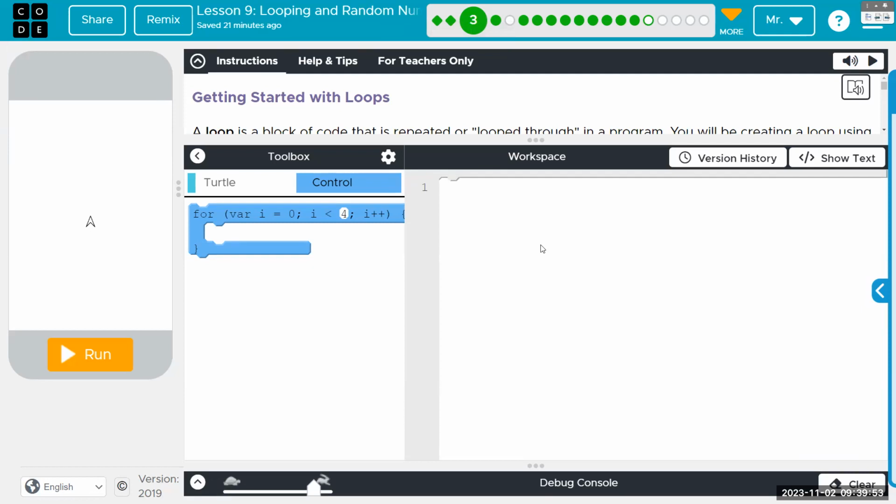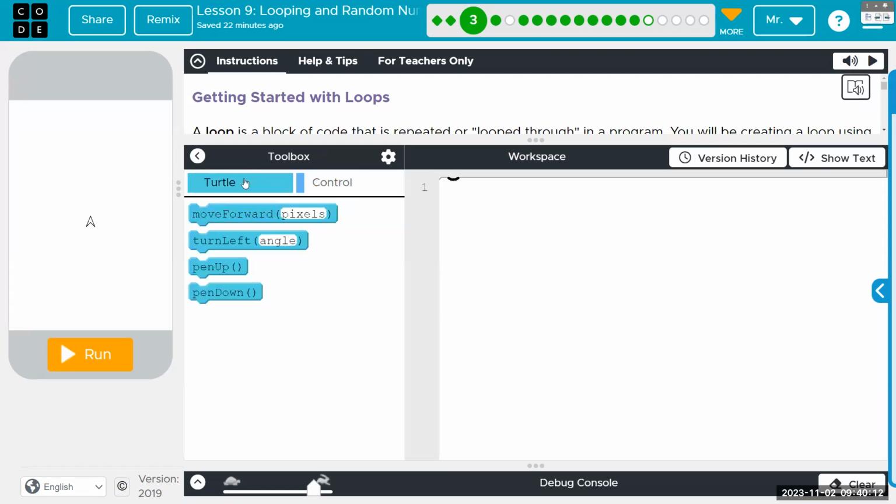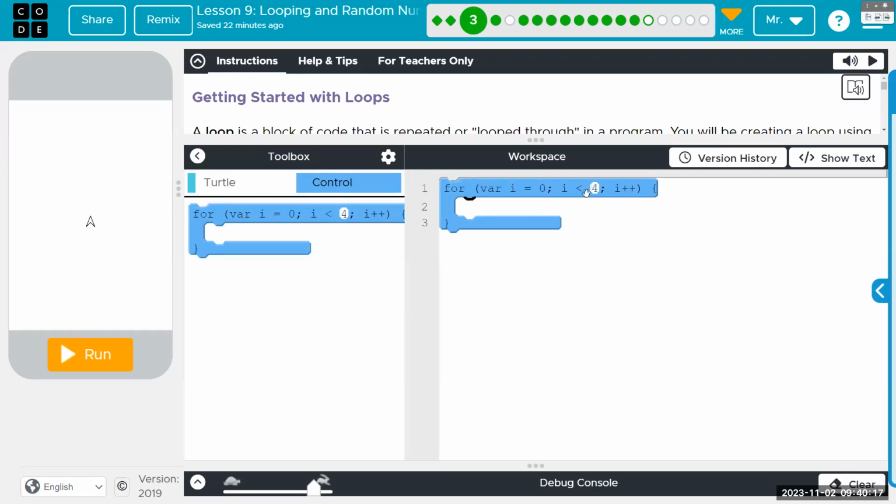All right, so you'll see that we now have a toolbox category called control, and there is our for loop.